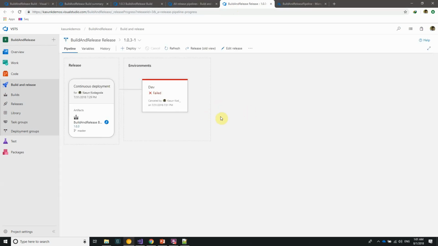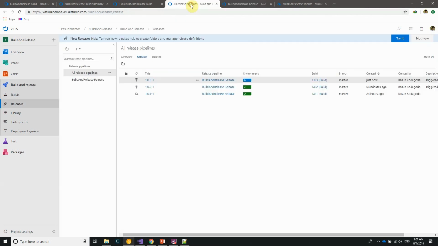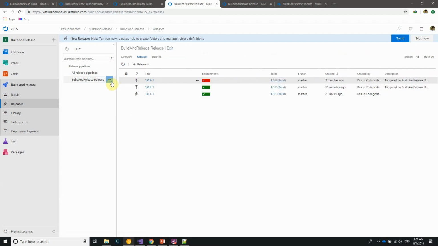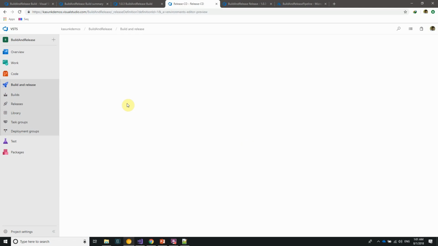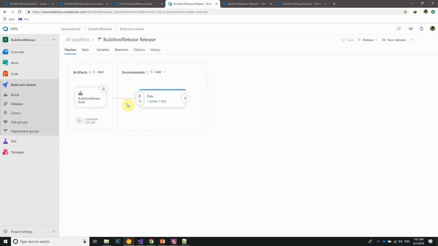Now you can see there aren't any releases running. What I'm going to do is edit this release definition. So I'm going to click on edit, and the next step is to add the ARM template deployment step to this dev environment